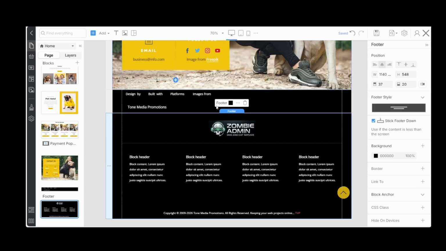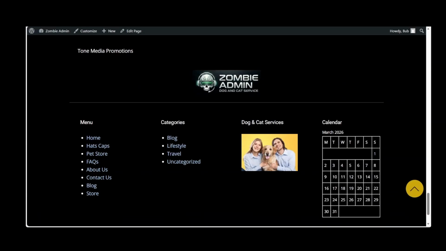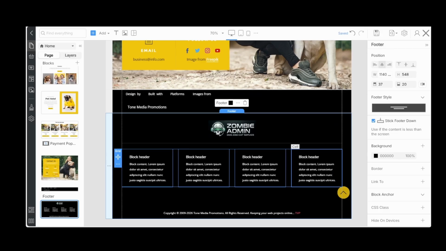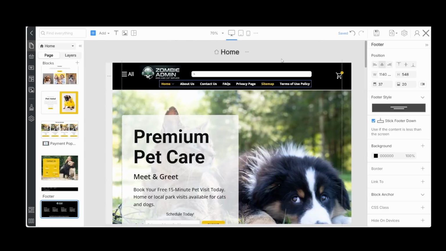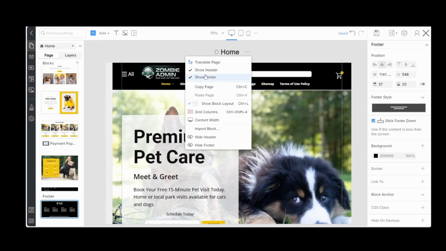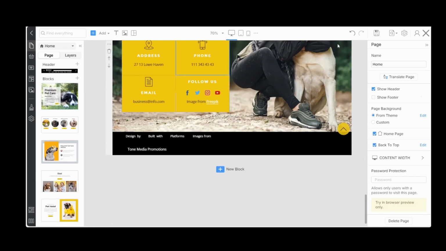That's just how it is. Let's go back. And if you do not want a footer at all, it's very easy. All you have to do is head back to the top, and then in home, you're going to click the little tab here and deselect show footer, and there it's gone. Let's take a look at the front end. Definitely need to save and update, so let's do that first.